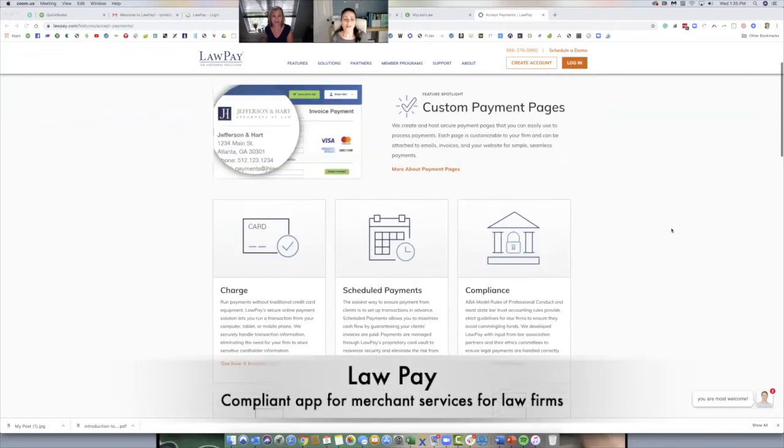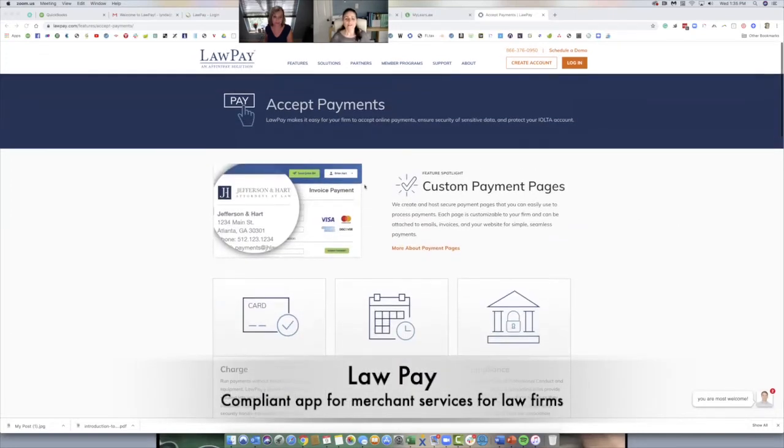So here's LawPay's website, right? I'm not going to go through all the steps about it, but what it is they actually have a link. So when you invoice out of LawPay, and you've probably seen this because you have a client that uses it exclusively, it puts a link on the page and the payments are all processed through LawPay. LawPay is specific to the legal industry, although they do have an accountant's version of it, which is pretty cool.